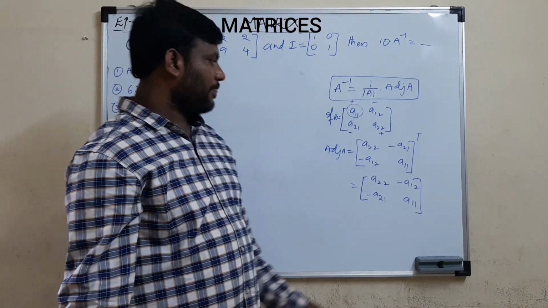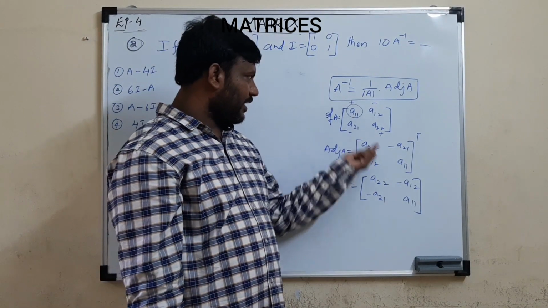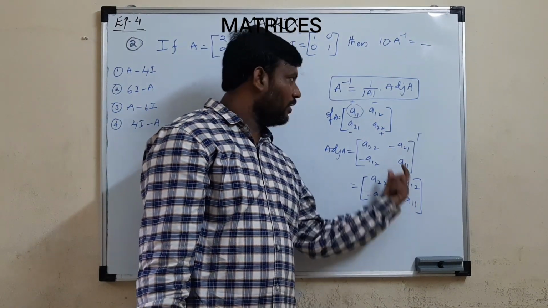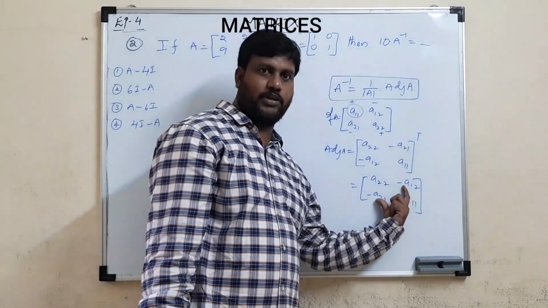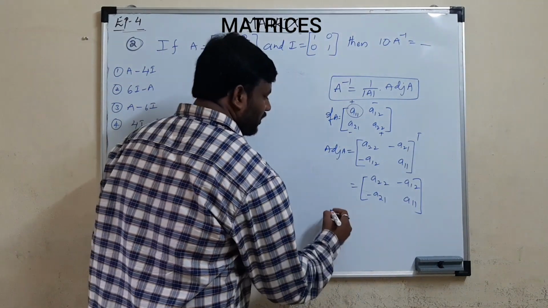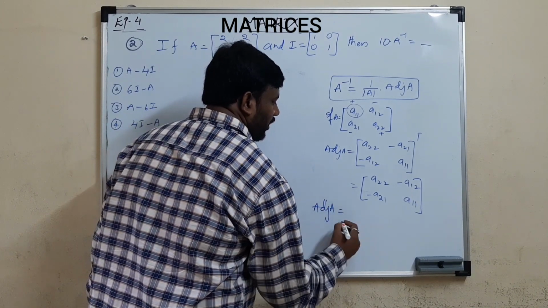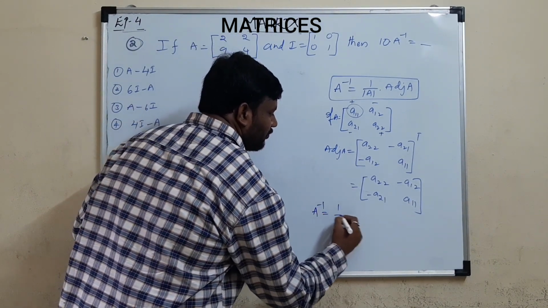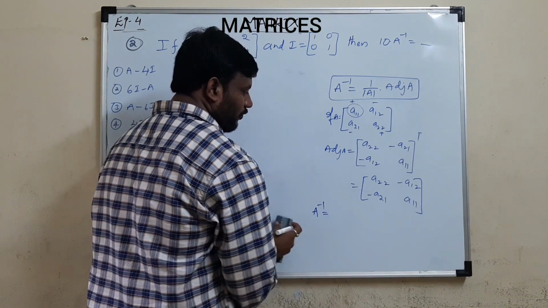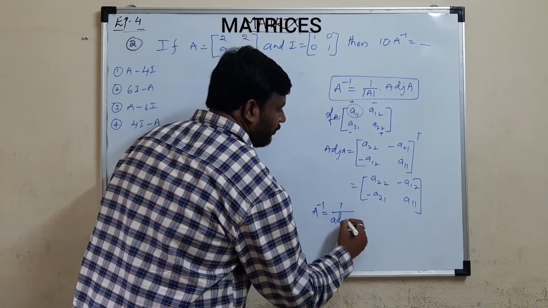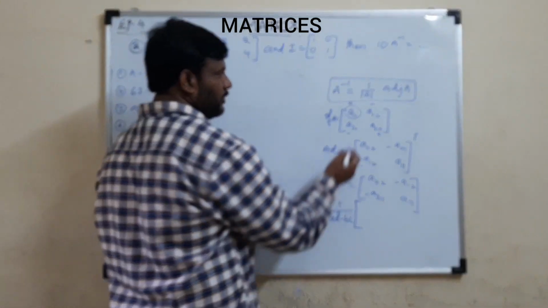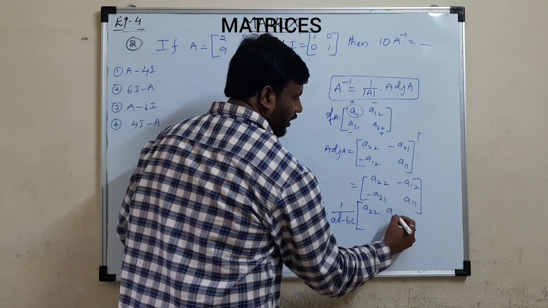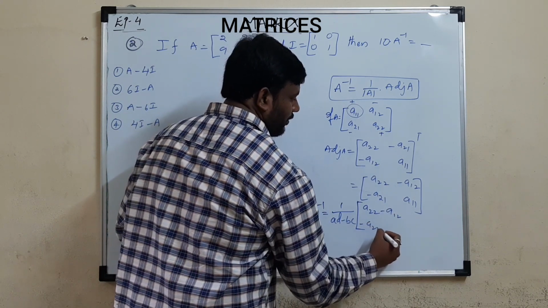Okay, friends. Observe here with A: exactly the principal diagonal elements are interchanged. The remaining two elements stay the same, only with the opposite sign. Based on this, I gave it directly. Always remember, I'm taking the direct adjoint when I want to find adjoint A. Otherwise, I can find A inverse directly also, and I gave the formula for a 2 by 2 matrix: 1 by det A, where det for the 2 by 2 matrix is nothing but AD minus BC, into the matrix with the principal diagonal elements interchanged and the remaining elements kept as they are with the opposite sign.